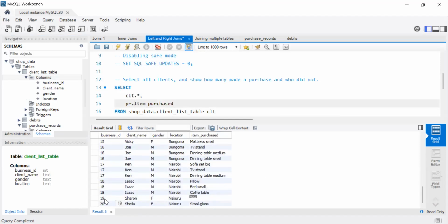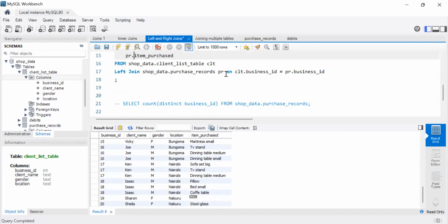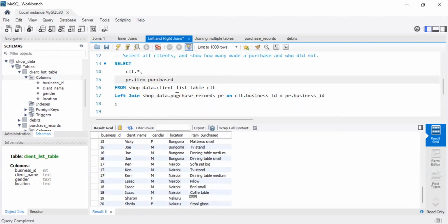See, so there's business ID 9. The client name is Sharon, female from Nakuru. It's null. So what does this mean? This means, yes, this business is in our records, but they've not made a purchase. So what the left join is basically doing is taking everything in the client list table and joining it to its corresponding data points in the purchase records table using the business